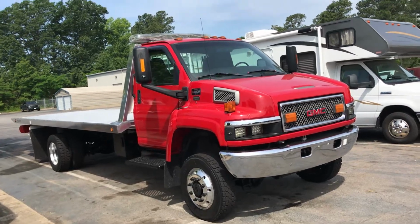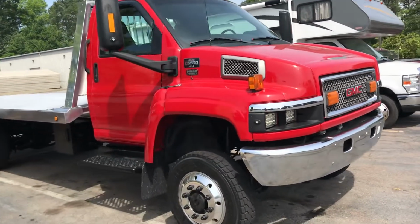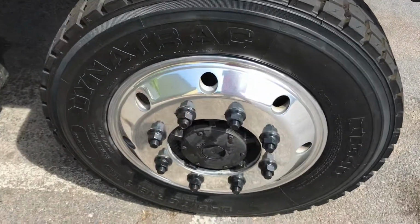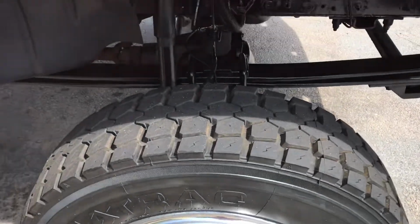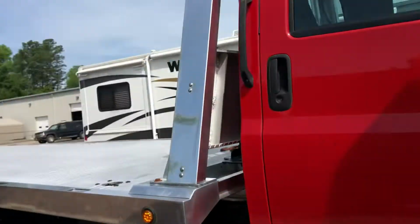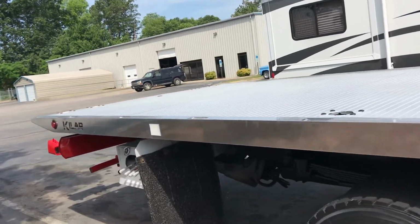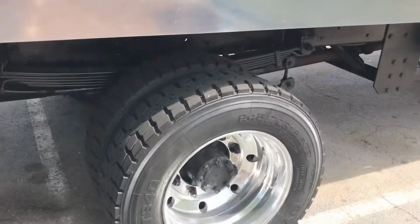Pretty unusual truck here today that rolled in. This is a 5500 series full-wheel drive Kodiak or Topkick, whatever you'd like to call it. Rollback with a Kylar bed, alloy wheels,